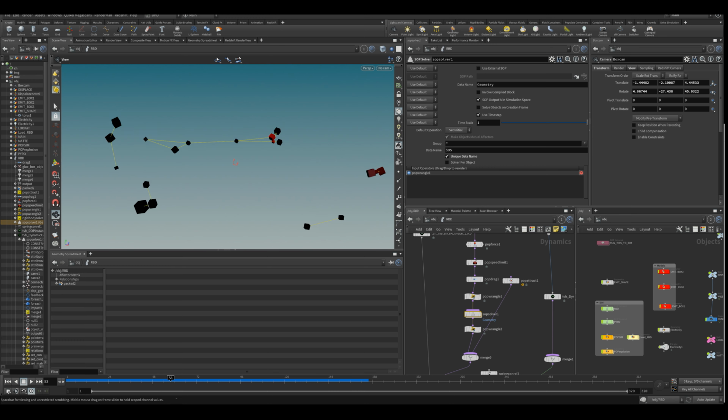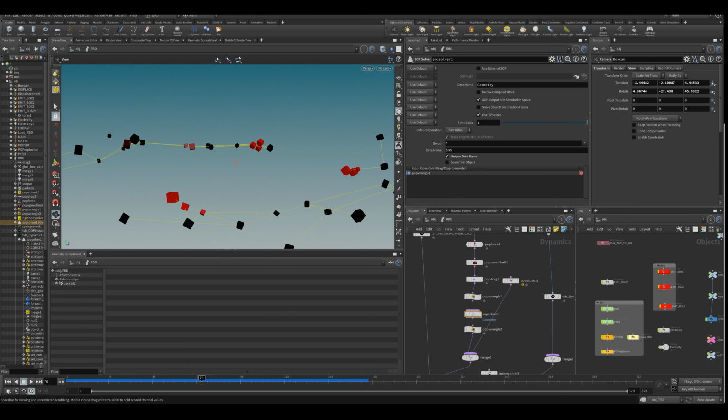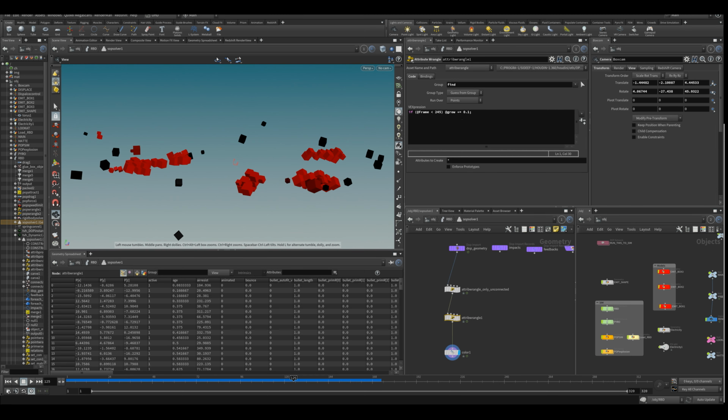Basically, I wanted it to light up when they get close, so have a tiny bit of emission going on. It's not that visible in the final video, but it is there. So let's make it a little bit lower like it was. Basically how that works is just saying the max neighbors for the